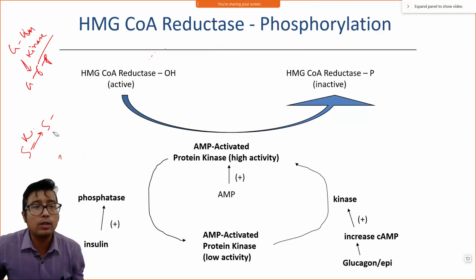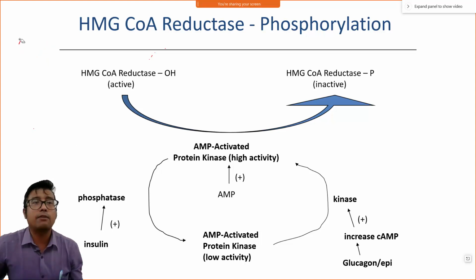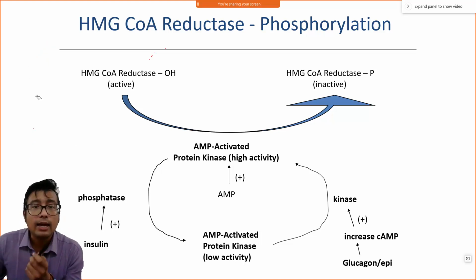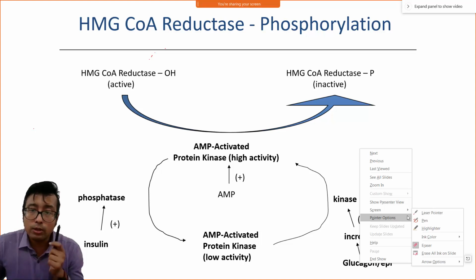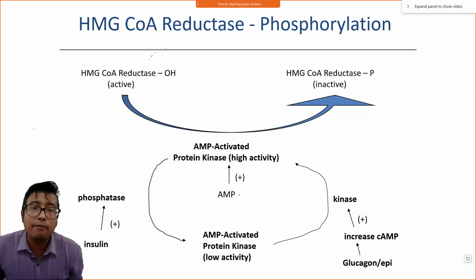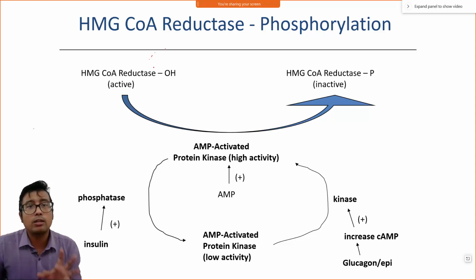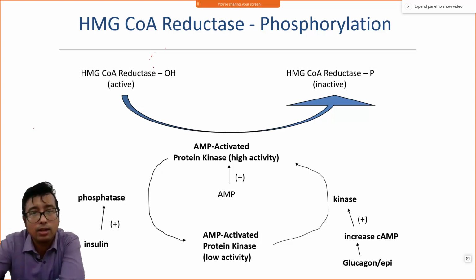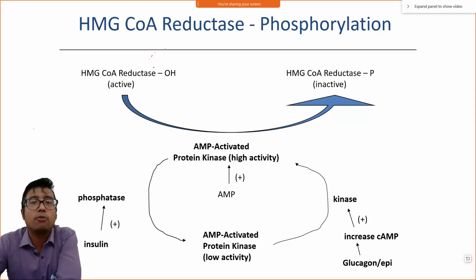You need to have absolutely clear concept that HMG CoA reductase active form is dephosphorylated. लेकिन वो फॉस्फोराइलेट हो जाएगा अगर प्रोटीन काइनेज एक्टिविटी हाई रहा तो. प्रोटीन काइनेज एक्टिविटी कब हाई रहेगा? ग्लूकागॉन अगर हाई रहा तो. तो इसमें इंसुलिन क्या करेगा, इंसुलिन ये activated protein kinase को ही नहीं बनने देगा। अगर ये नहीं बनेगा तो जो active form dephosphorylated है वो active ही रहेगा।